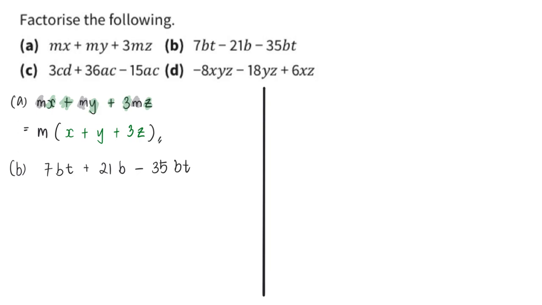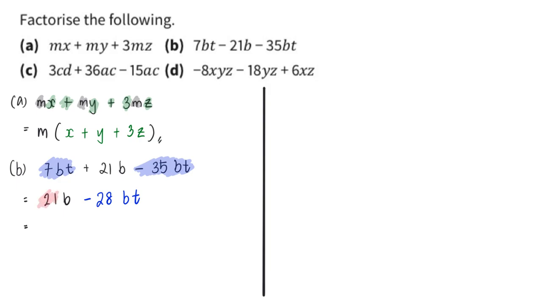alright, for part B, I saw that actually there is a like term, bt. bt is the like term, so I'm going to simplify the like term first. There is still 21b and 7bt minus 35bt. That will give me negative 28bt. So after I simplify the like terms,